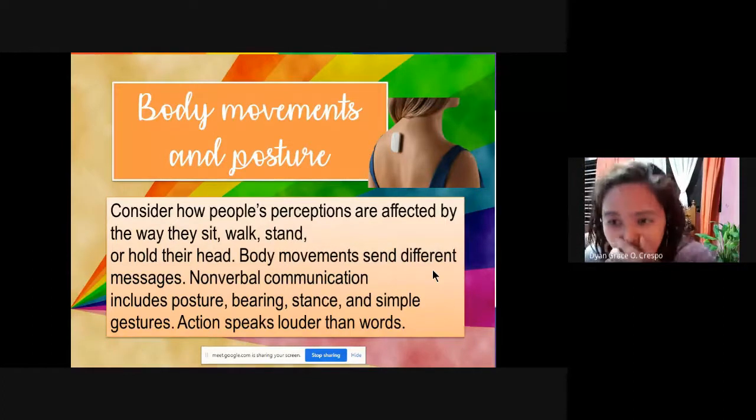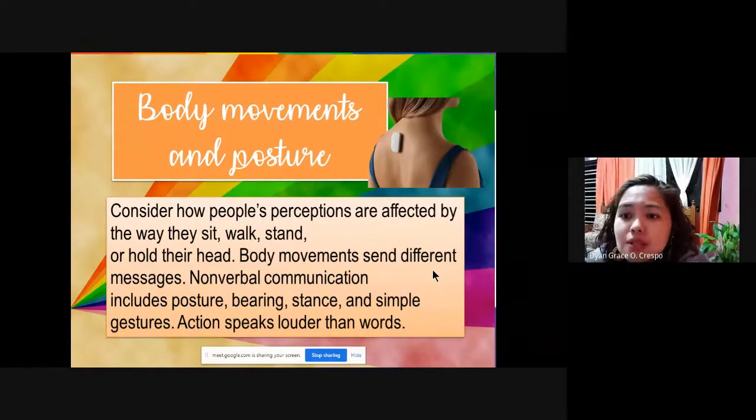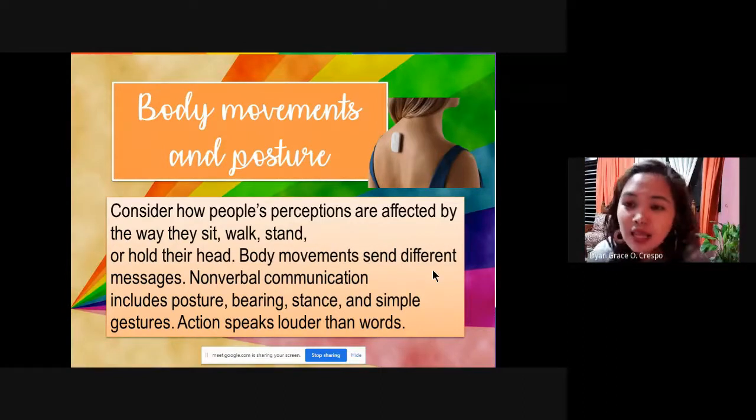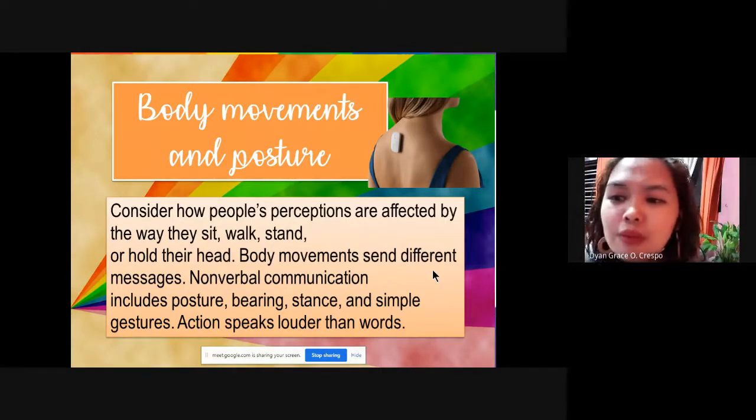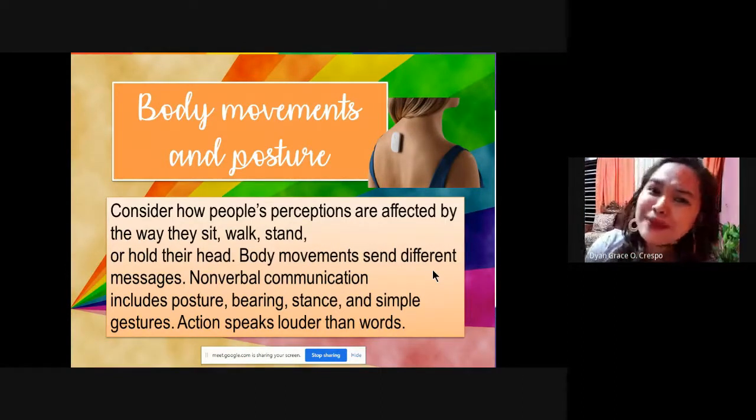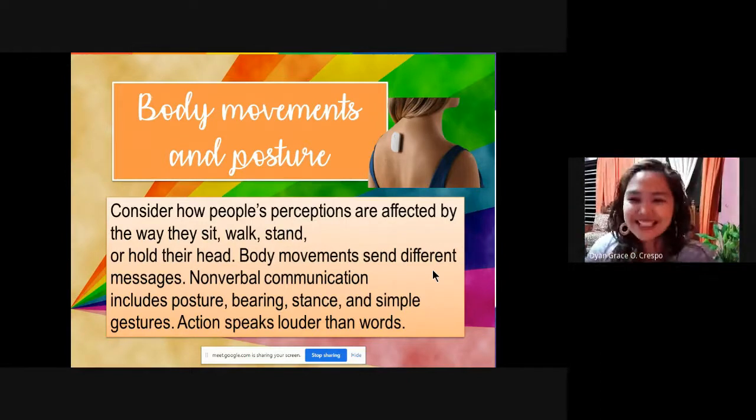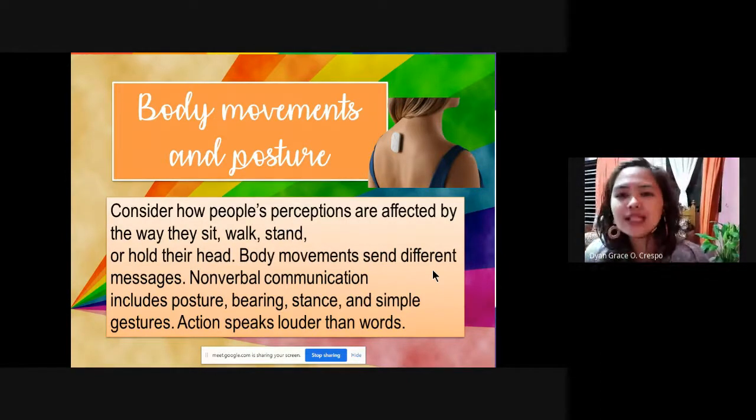Hindi yung papasok ka sa klase na nakaslouch ka, nahihiya. If I know that some of you will say, Ma'am, kinakabahan po ako. Ayoko po magturo. Okay, yes, of course, that's normal. But never forget that it's normal. Okay? So, even if you're very scared, you need to stand up, chest out, be confident, and